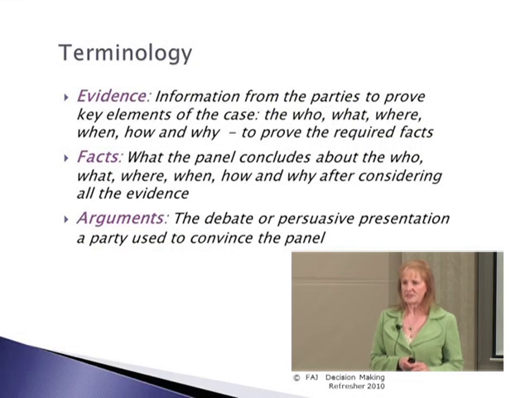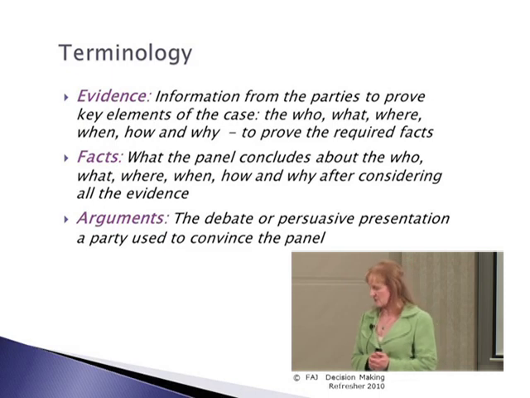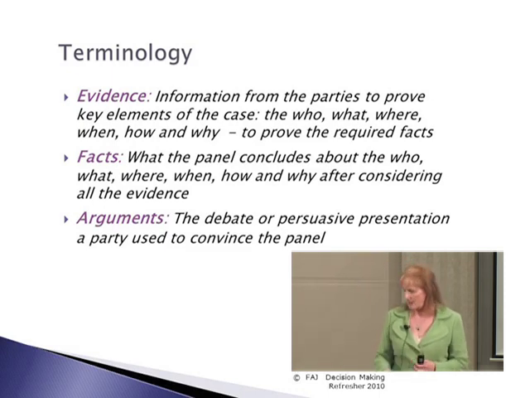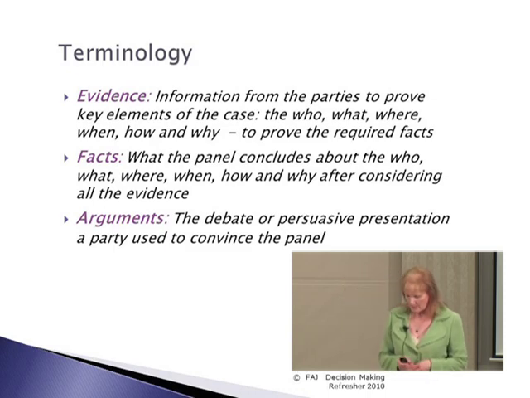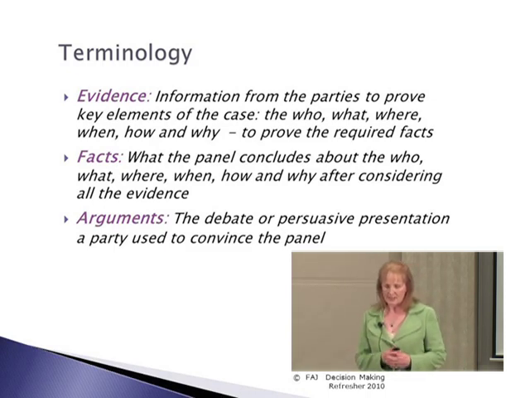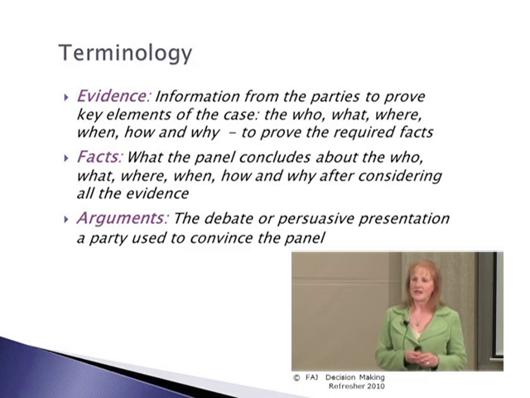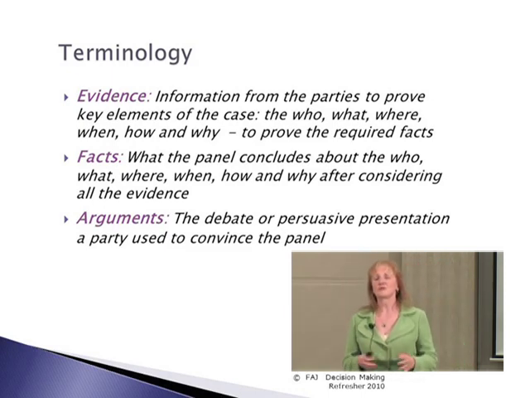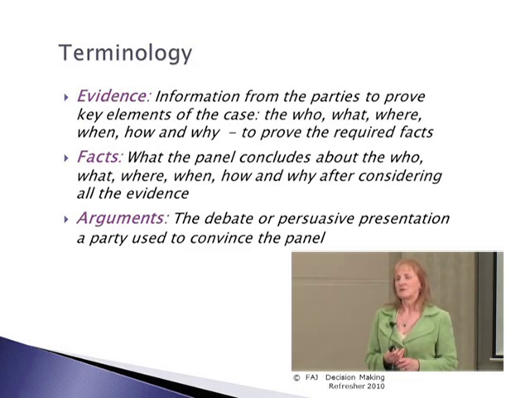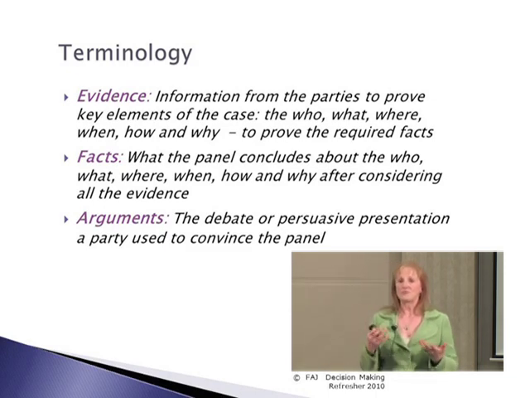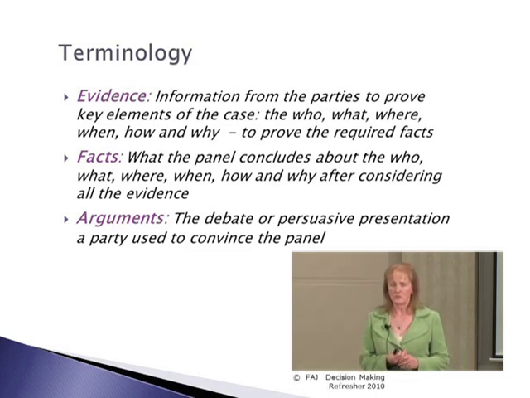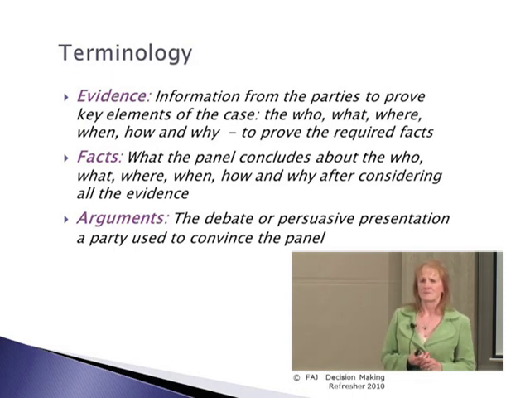We also have to be clear in understanding, as we make good decisions, that we understand the difference between some of the key pieces we'll get or will result in decision making. Evidence is one. Evidence is the information which the panel has accepted or admitted in the hearing through documents or witnesses to prove what the parties allege about their cases. The who, what, where, when. Submission is different than evidence.